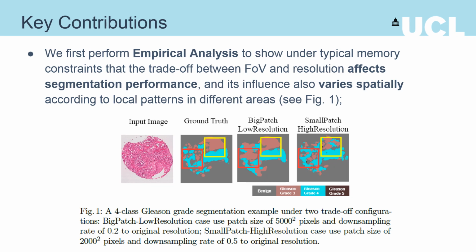For example, here, as in the ground truth, in the yellow box area, there are more big patterns, while in the red box area, there are more small patterns. With the big patch low-resolution configuration, as in the third column, we would have better performance in the yellow box area, while poorer performance in the red box area. However, with small patch high-resolution configuration, we will have better performance in the red box area, with poorer performance in